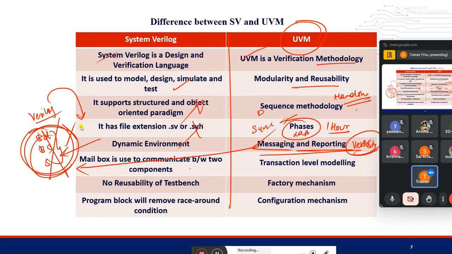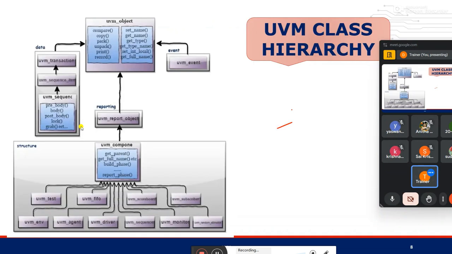As usual, mailbox was used in SV. Here I'm using the TLM concept. There is also something called the factory mechanism, and configuration is again a separate topic. I will discuss that separately, because each topic will take one lab and 1 hour of theory explanation for me to make you people understand. At the end of the syllabus you have to read these points once again. Today I'm just telling brief points about the SV and UVM difference. To understand even one topic, the driver sequencer handshaking mechanism, you need at least another 1 week.